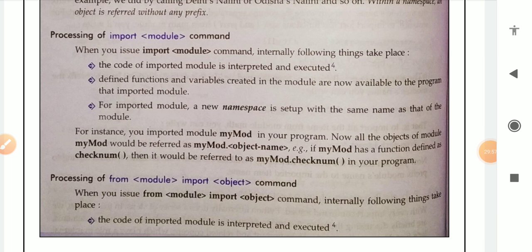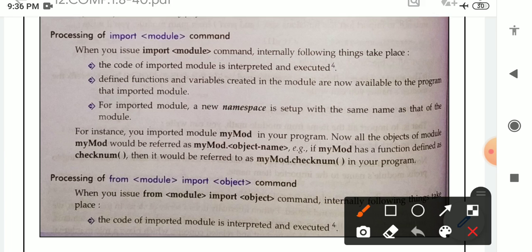Processing of the from module import object command. When you issue the from module import object command, the following things take place internally. First, the code of the imported module is interpreted and executed.